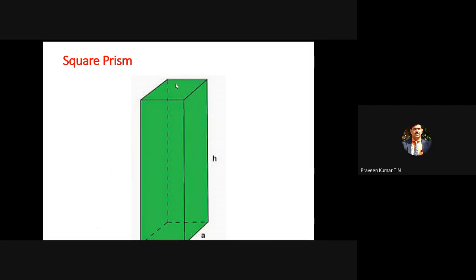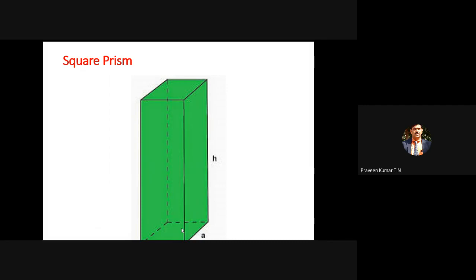The top surface is a square, and the bottom surface is again a square. As far as the development is concerned, you are taking out the top square surface separately from the complete drawing. The bottom surface A, B, C, D you are again taking out from the solid. Then we end with only a hollow square prism. You can imagine a hollow square prism after taking out the top and bottom surfaces.